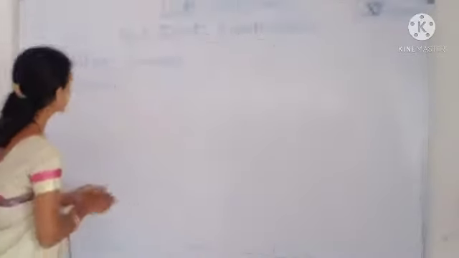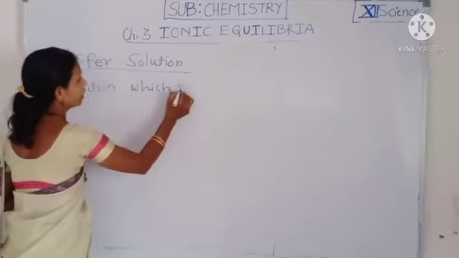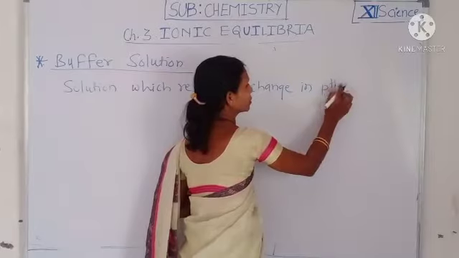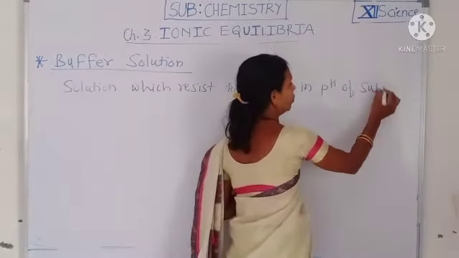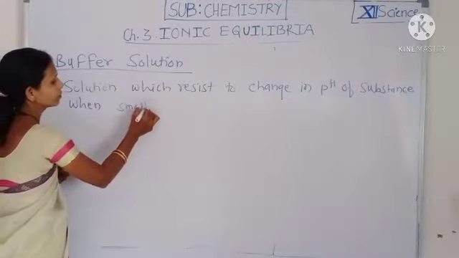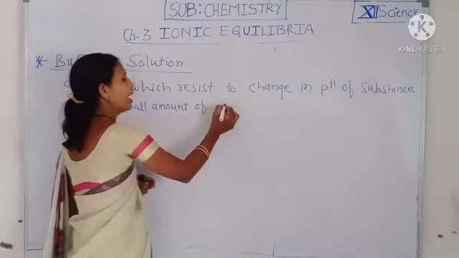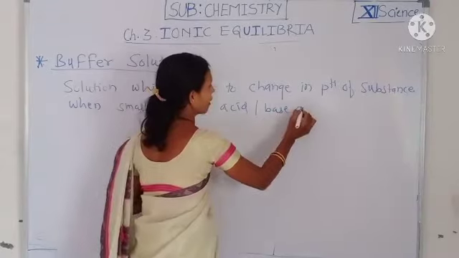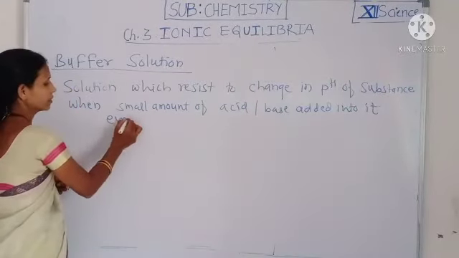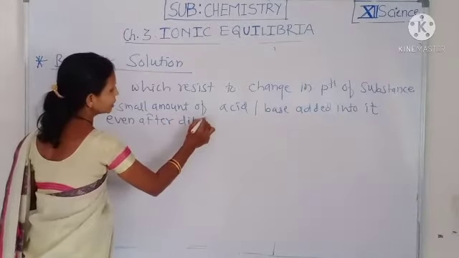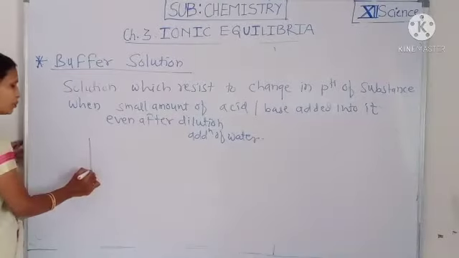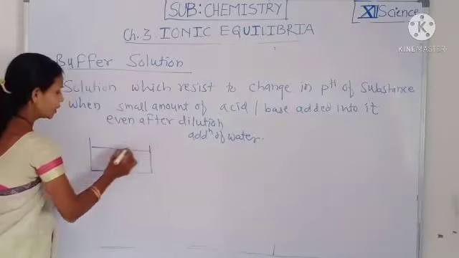of substance which resists change in pH of that substance when a small amount of acid or base is added into it, or even after dilution. Dilution means addition of water. That means, see here, suppose there is a solution of a particular substance